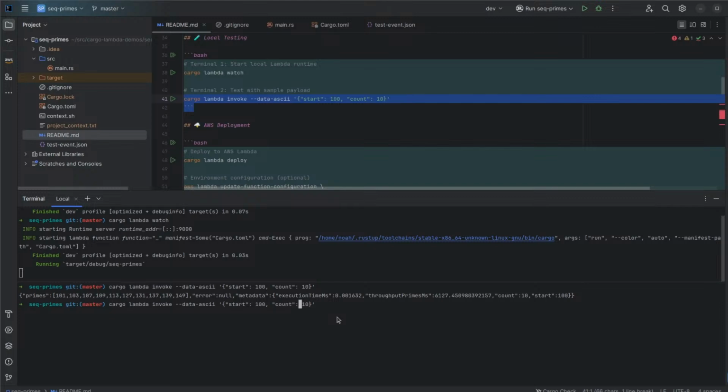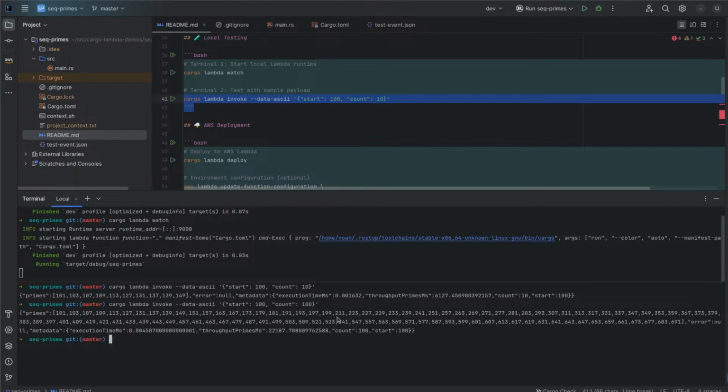And we can also say, okay, we want to start at 100, but now we want to build 100 prime numbers. And you can see here that it even tells us the milliseconds required to invoke that. So in a nutshell, the Cargo Lambda ecosystem is a great place to build really high performance global scale solutions. And also it could be a great interface to talking to things like Bedrock, where we can interface with foundation models. So go ahead and give Cargo Lambda a try and consider how you could integrate a system like this with existing foundation models, both hosted on AWS or calling out to potentially a third-party